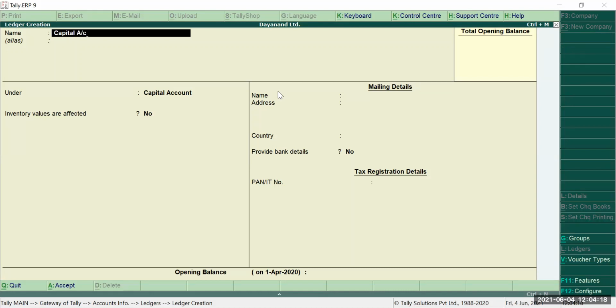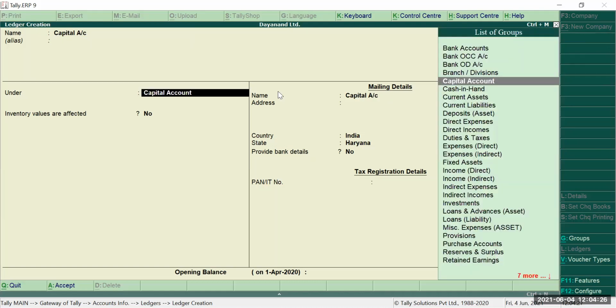account. Okay, alias means you can specify another name, a short name. Okay, if you want nickname types, let's skip that. Now I will be selecting the group under which this ledger is created. By default, Tally has so many groups. You can see there are bank accounts, bank OCC account, bank OD account, branch divisions, and so on.